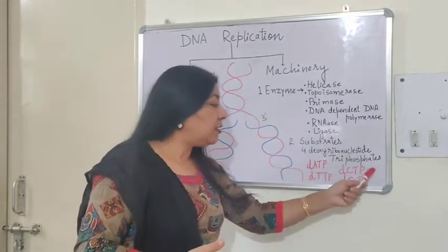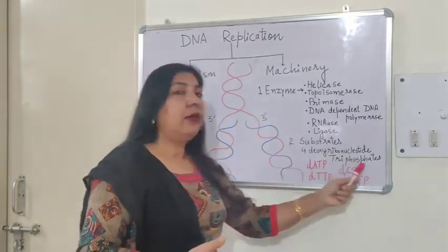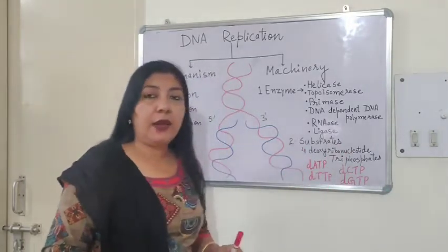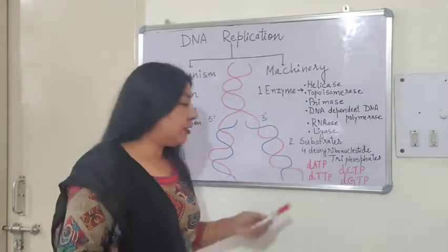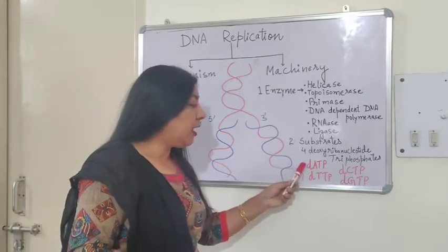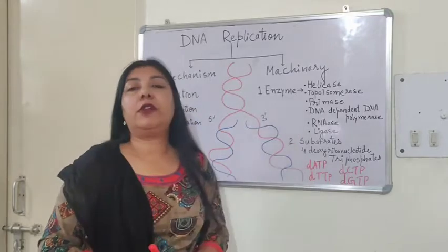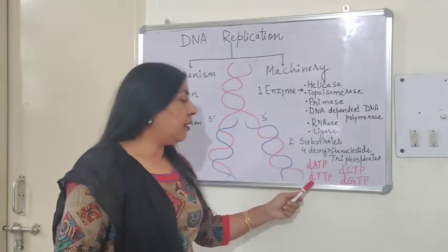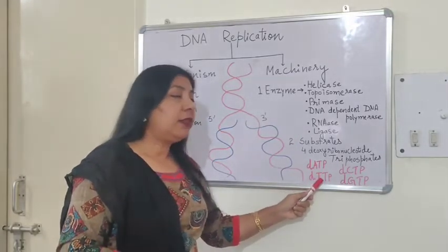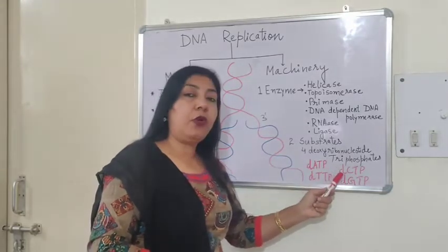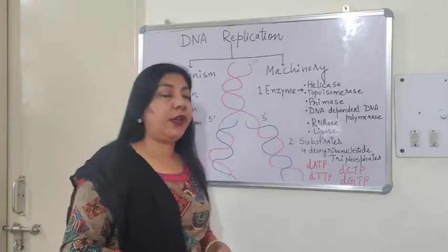These charged deoxyribonucleotide triphosphates are of 4 types. You know it. It will be deoxyriboadenosine triphosphate, then deoxyribothymidine triphosphate, deoxyribocytosine triphosphate,